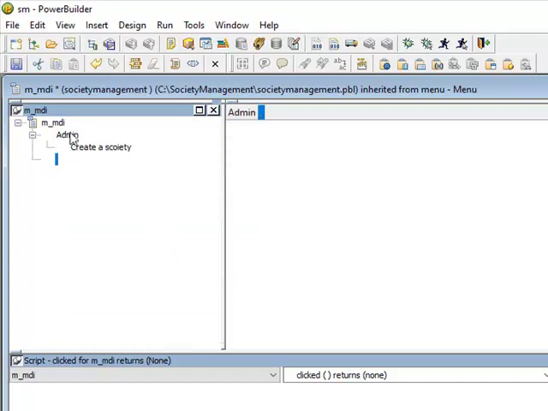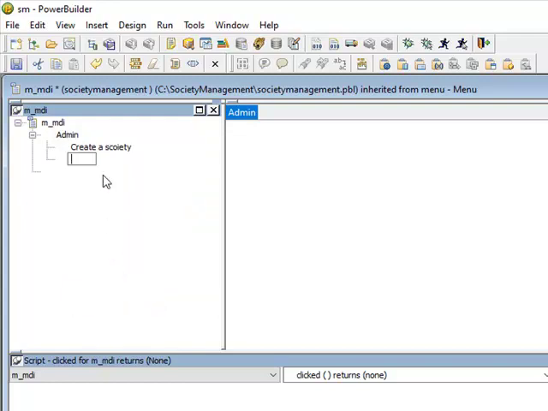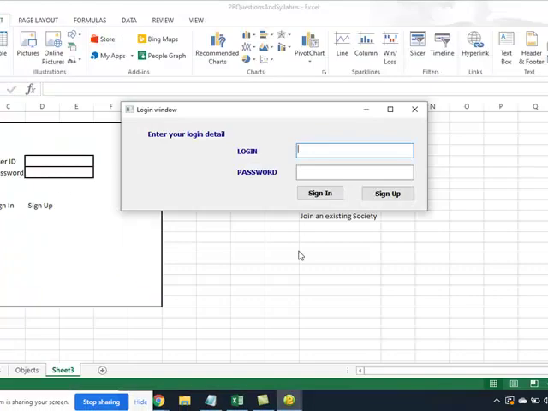Oops, iske parallel nahi lana mere ko, iske under mein lana hai. To sub menu, insert sub menu. Okay, join your society, right? Perfect. Okay, perfect. So let's run it, right? You can create a society, you can join your society, you can create your society and join your society.